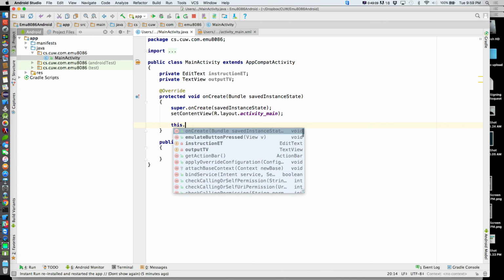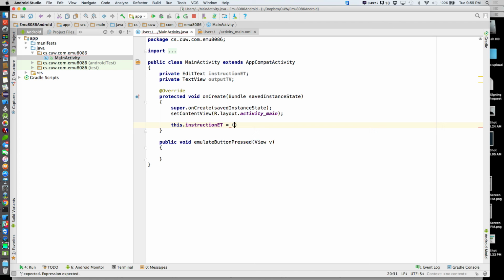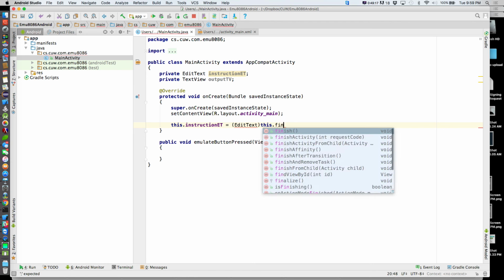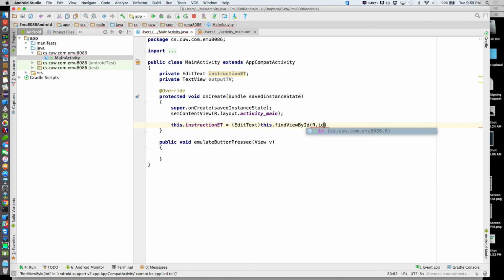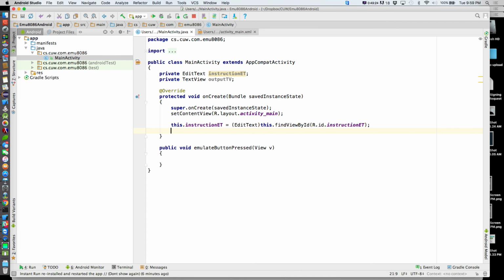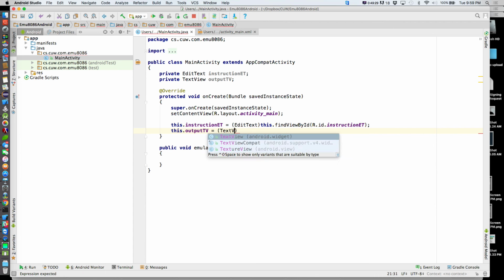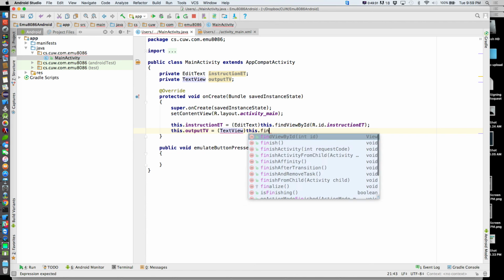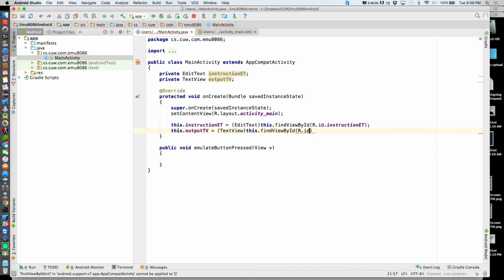So we'll say this dot instruction ET is equal to the edit text version of this dot find view by ID r dot ID dot instruction ET. Then this dot output TV is equal to the text view version of this dot find view by ID r dot ID dot output TV. All right, so then we've linked those two guys together,